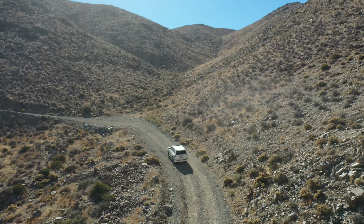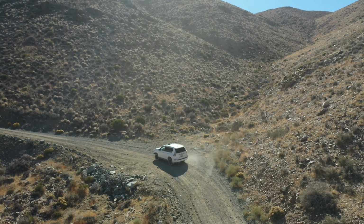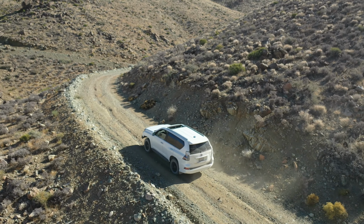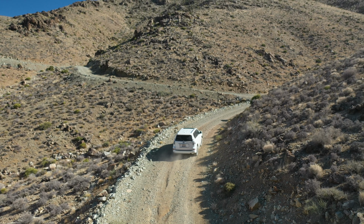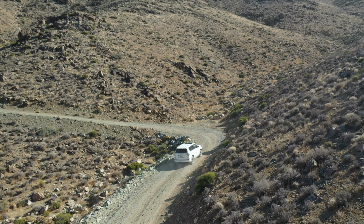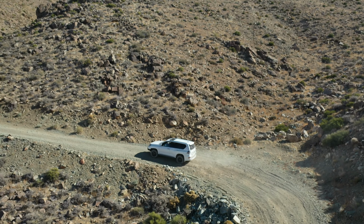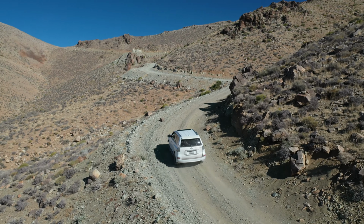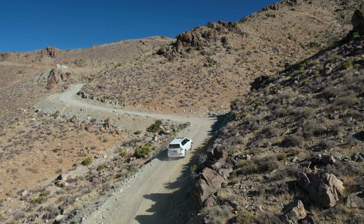The vehicle, for reference here, is a 2021 Lexus GX460. But any all-wheel drive vehicle or four-wheel drive vehicle can get up this road. Most two-wheel drive vehicles wouldn't have a problem at all. There might be some sketchy spots for a two-wheel drive vehicle, but